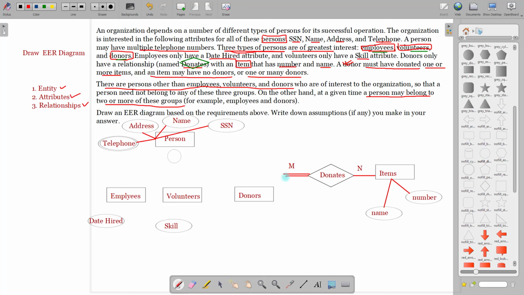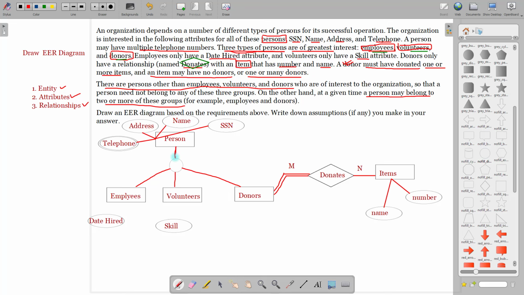So this relationship comes from here, and now we can say the person is specialized into three categories: employee, volunteers and donors, and